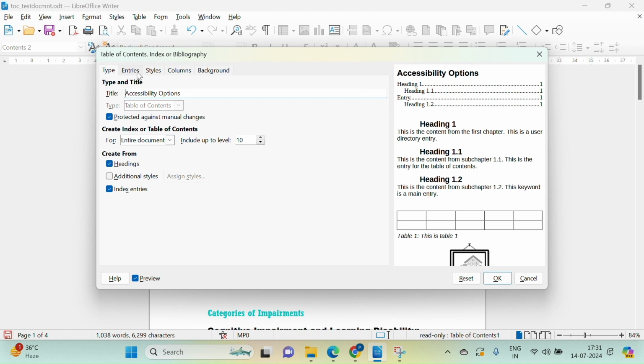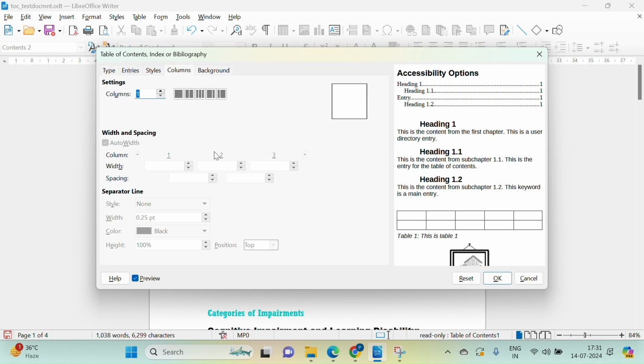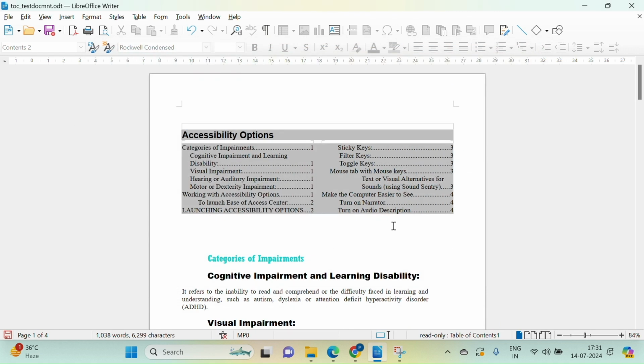So now in order to change the format, suppose we have to go on the basis of columns being displayed. By default it is one column which is being displayed for the table of contents. We can switch over to 2 columns also. With selection of 2 columns, it will be inserting a divider in between the table of contents. Although it will look like this, in case we need to look at the separator line also, we can do so by selecting the separator line.